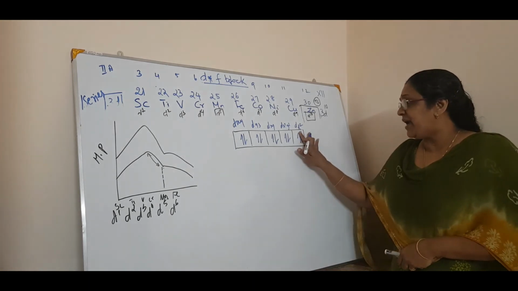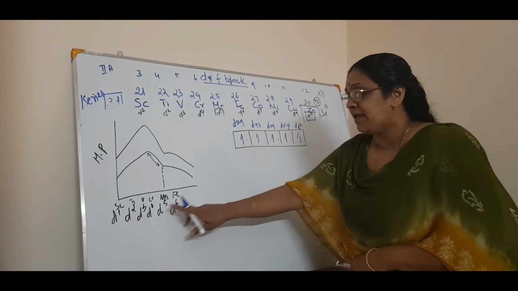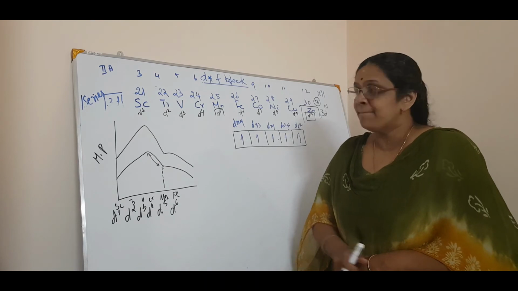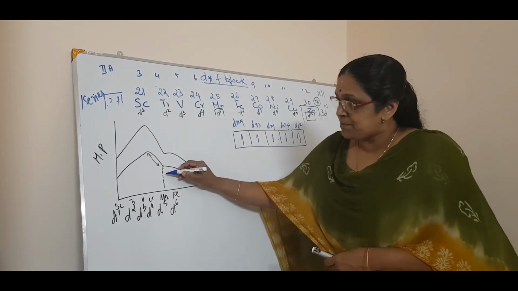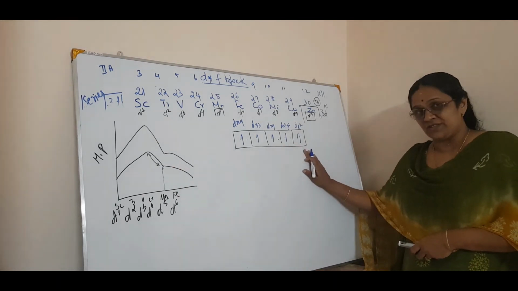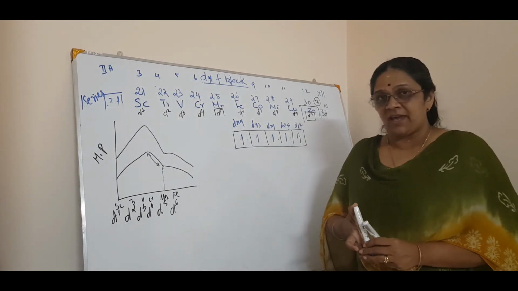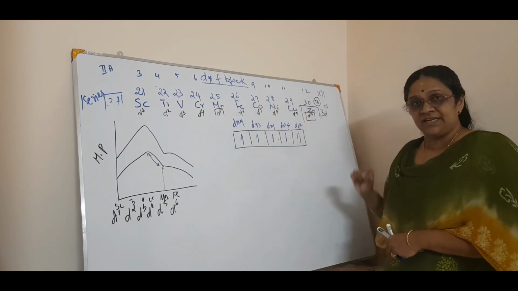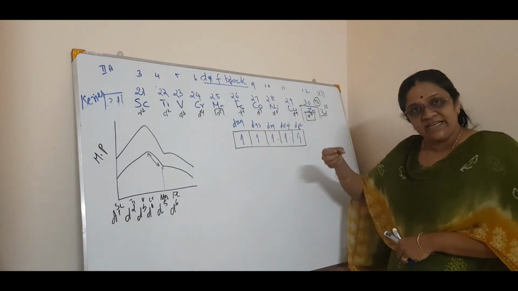So, since the number of paired electrons is increasing, there is a peak in this graph. But unfortunately, there are exceptions. Manganese has the greater number of unpaired electrons. Theoretically speaking, it should have the highest melting point in that period, isn't it? After this ion, the pairing starts and the melting point decreases.